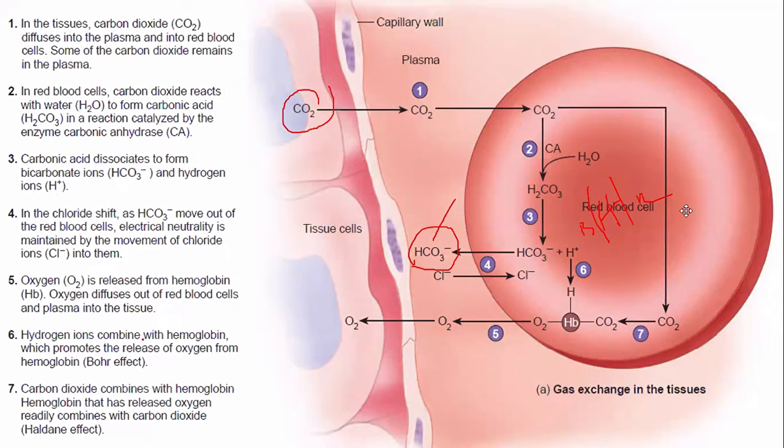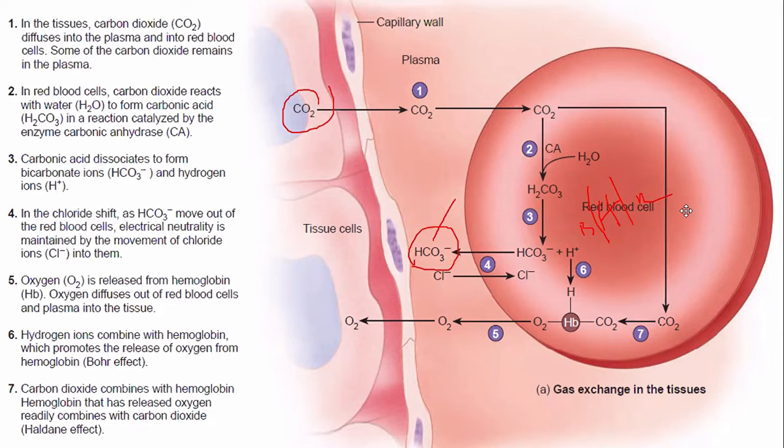Hydrogen combined with hemoglobin promotes the release of oxygen from hemoglobin, the Bohr effect. So that the oxygen can now go to the cells. Now, once it is already displaced,